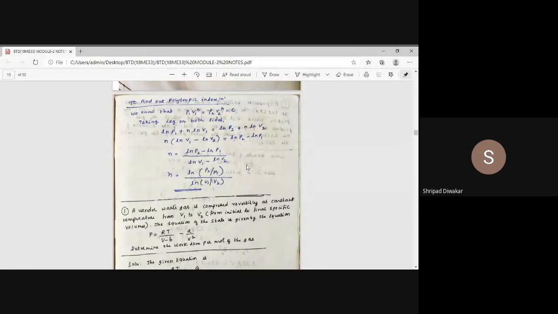As we have gamma as the ratio of specific heats, by knowing Cp and Cv we can calculate the value of gamma, that is 1.4. But how do we calculate the polytropic index? We derived the expression for work done during a polytropic process. It is exactly similar to that of the adiabatic process.